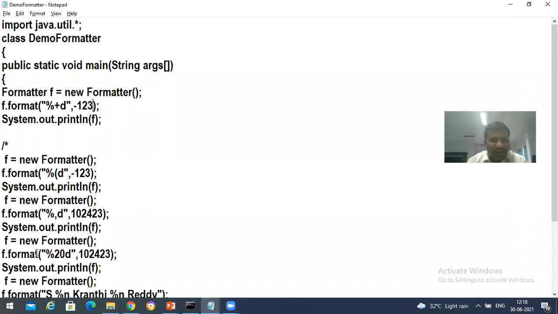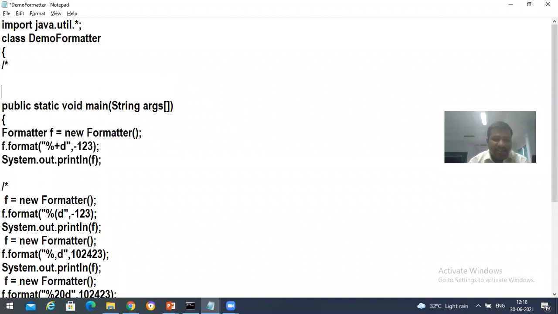We take the data as one argument, and in the first argument we specify in what format the data has to print. Generally, in this format function, the first parameter is going to be a string, and that string is going to take a percent symbol, followed by some flags like the plus symbol, opening parenthesis, comma, and many other things. We'll be discussing it. After the flag, it will take the type.